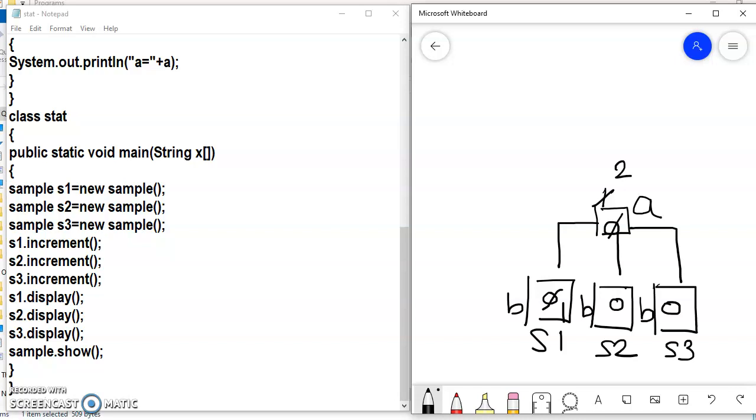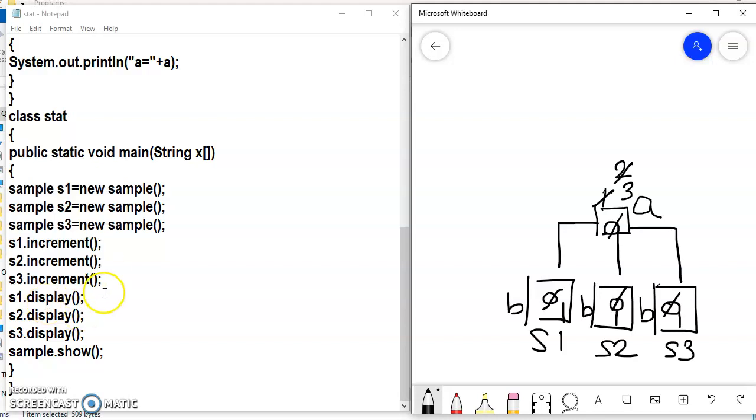So S2's B gets incremented, it will become 1. Next, when I write S3 dot increment, again A plus plus, B plus plus. A which is common gets incremented, A will become 3. B, but whose B? S3 dot increment, right? So S3's B gets incremented, S3's B will become 1.